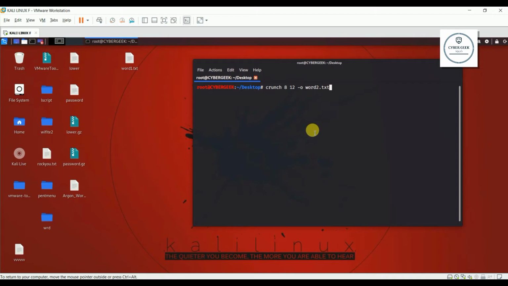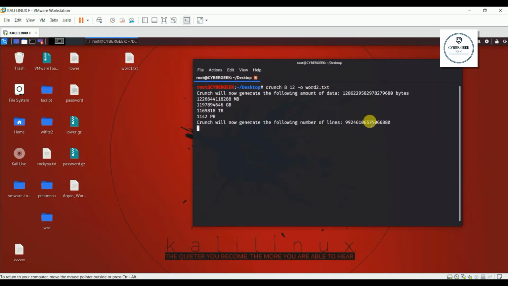Right now, previously we gave a limited set, we just entered abcdefgh123. It was limited and it had a length from 3 to 5. Okay, right now we are going to create the strong word list, which contains from 8 to 12 letters, and we are not giving any parameters for what it should contain. So by default it will make one of the strongest ones. So I have hit enter.